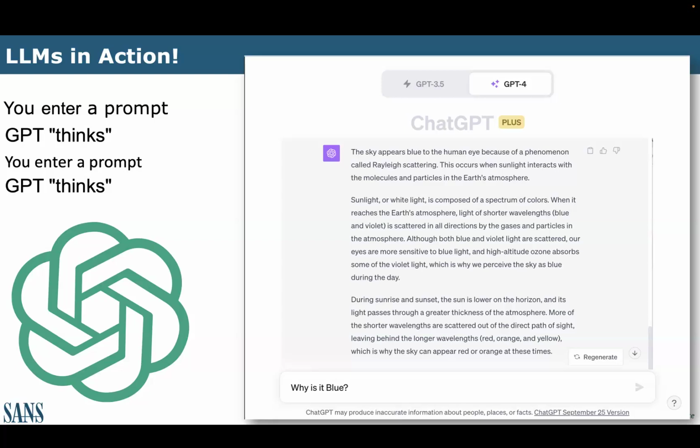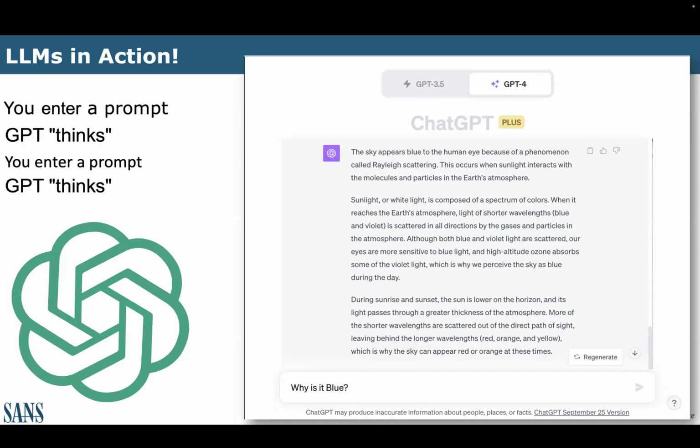Yes, sir. If I interact with this answer, like the answer generated, if I say rephrase the second paragraph, how is that working? Because that is not a generic question like, what is sky or why is it blue? I'm asking it to re-edit just the second paragraph of this exact answer. So how does the prompt work in that case? So always, when you're communicating with these AIs in these chat environments, everything that you used to have in the chat, the history, is submitted back to the LLM before your next prompt.